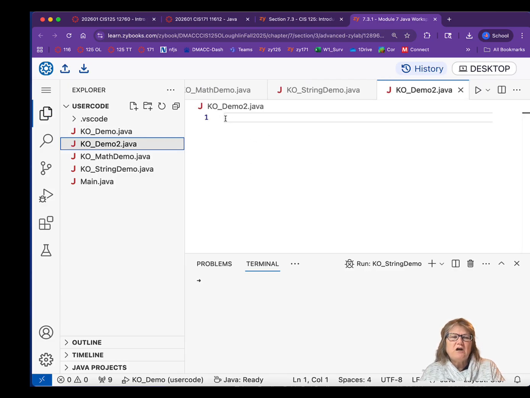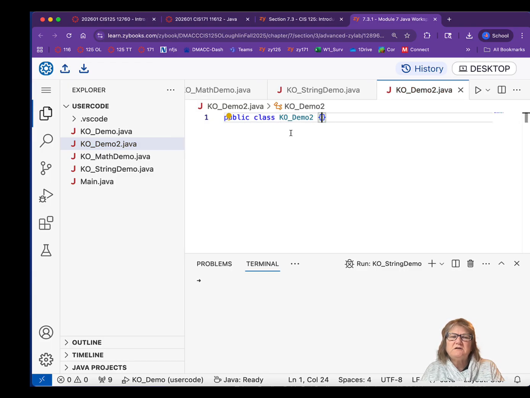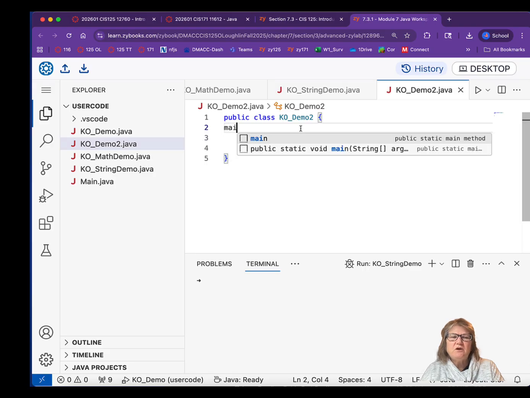So your Java files always have to start with a class, and it will be public class and then the name of the file that you are in. So this one's ko_demo2, and then a beginning curly brace, and notice it puts in an ending curly brace, and I hit enter a few times. The shortcuts that you can then use to get your main method, which is required, is to